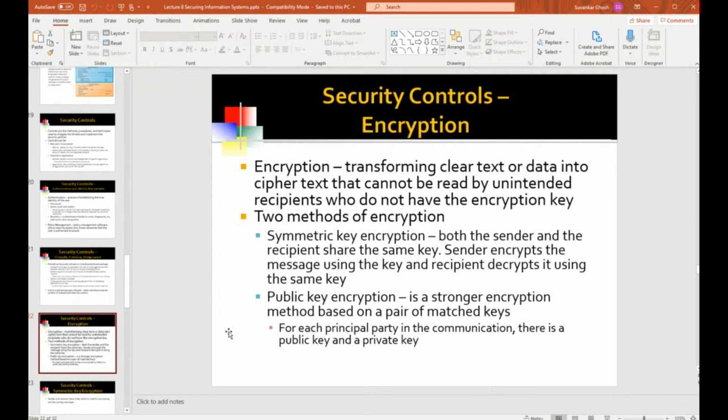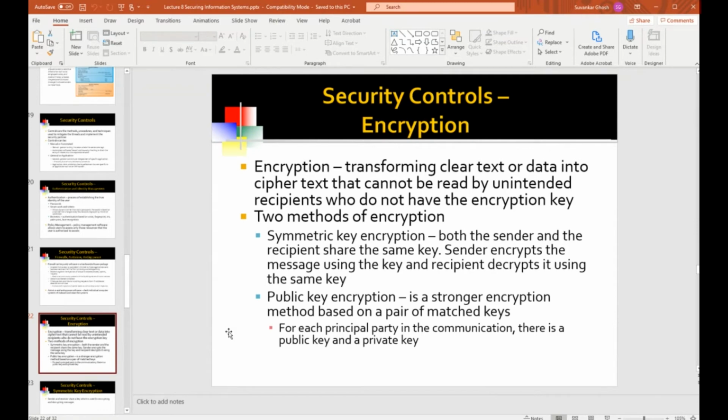Well, if those files were encrypted, then they could not do much with the information. Even though they could steal the file, if that file is encrypted, then they don't know what is in the file.